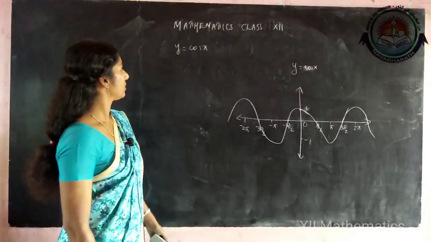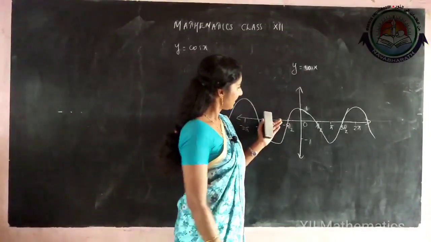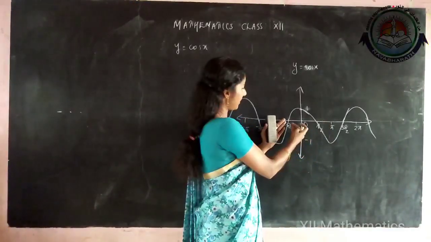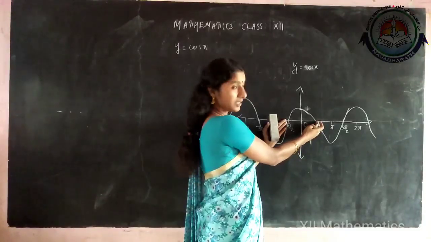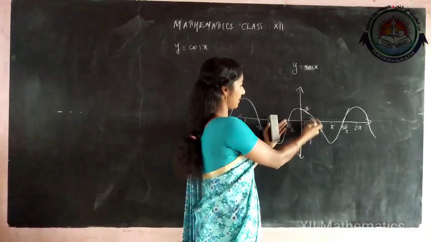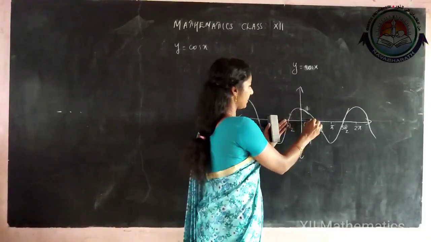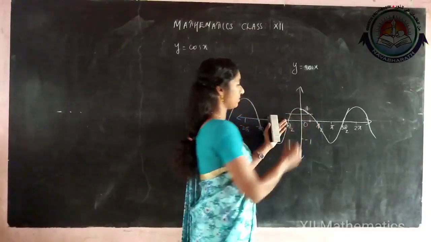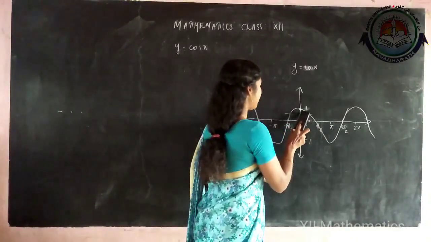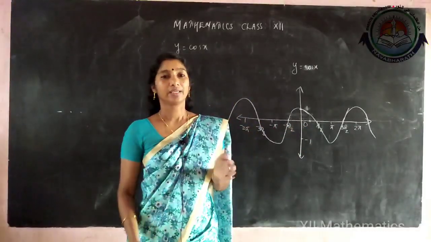Then see, can we take this as the interval to make it 1-1 onto? If you are taking minus pi by 2 to pi by 2, will it be 1-1 onto? Never. See, here this much portion only of the graph. Here one point gives this image, and this other point's image is also the same. Both points' images are the same, so it's not 1-1. So that is not the principal value branch, the interval for making it 1-1 onto.